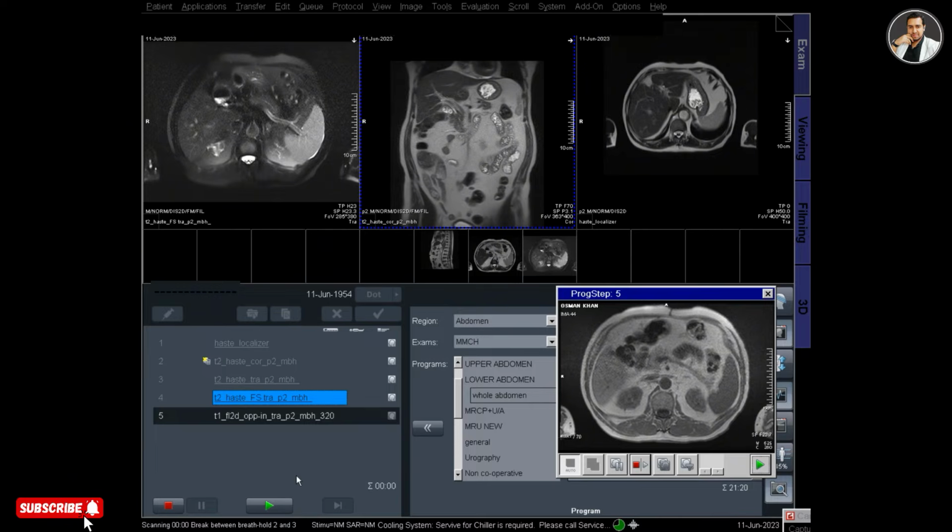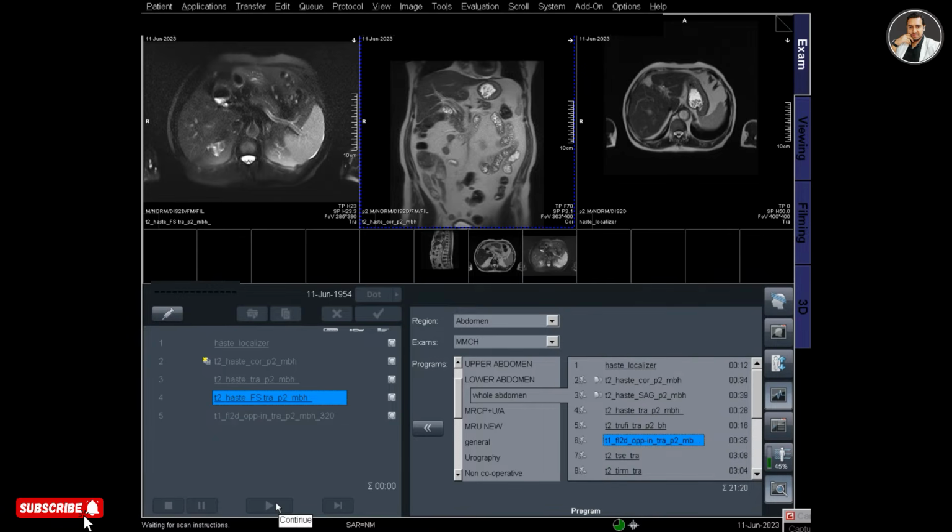And now is the break between the second and third phase. In this protocol we have to tell the patient for a third time to hold his breath and then continue again. And now the third phase of this scan is running and it's completed. So my upper abdomen protocols have been taken, and now I will go to the lower abdomen.